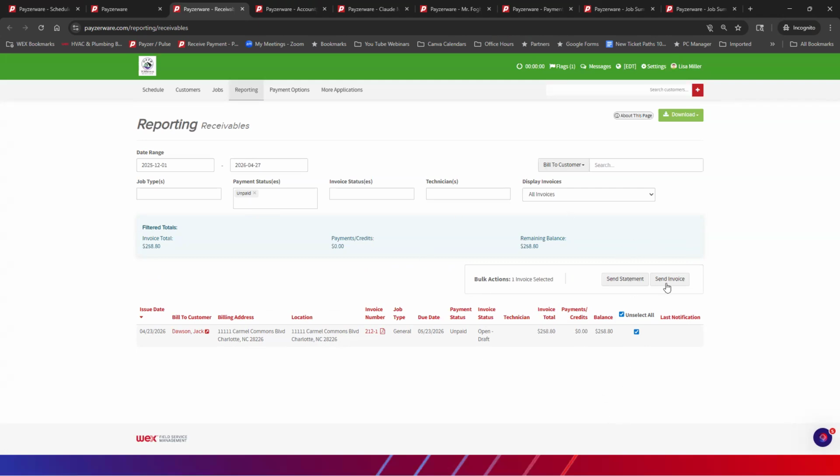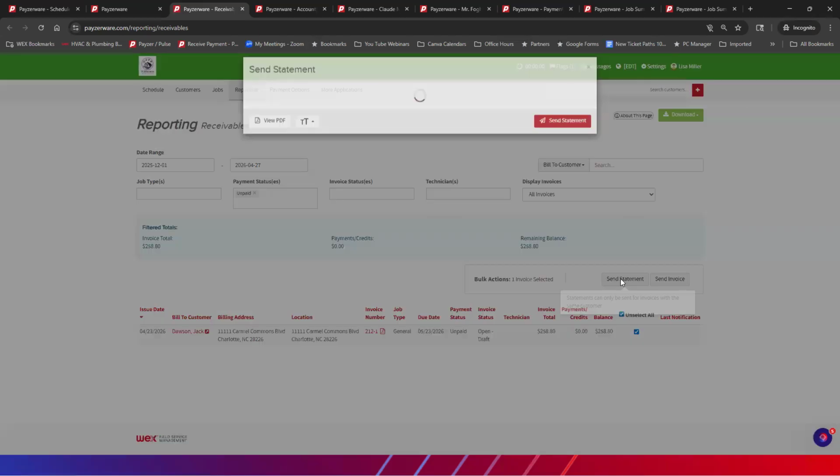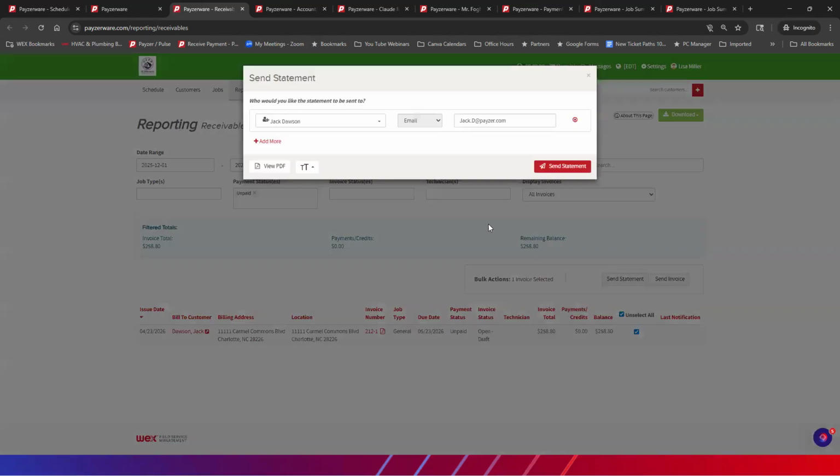If it is one customer, you can send a statement. So if you search by one customer, you can do a statement that will give them a statement as of this date. It will give them a beginning balance of that date and an ending balance, so anything before. And you can hit send statement. And this is going to Jack Dawson. Once you hit send statement,